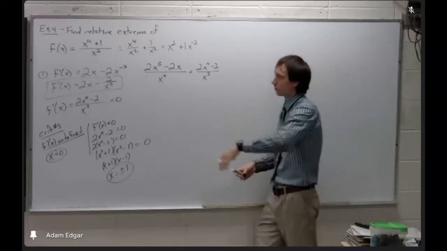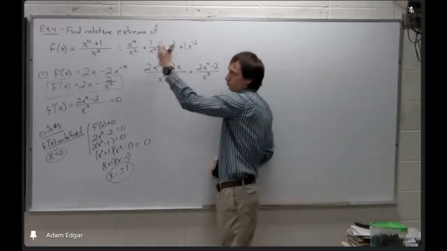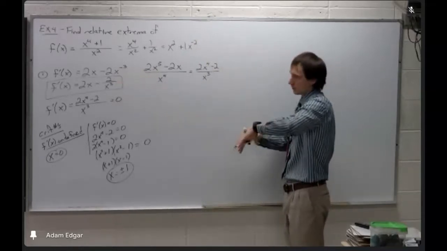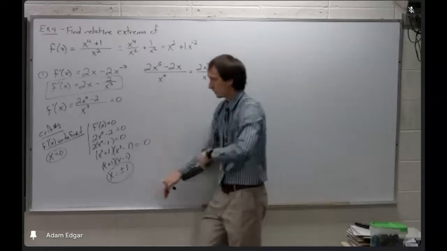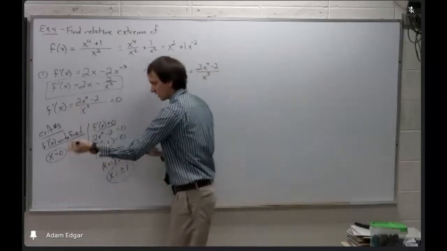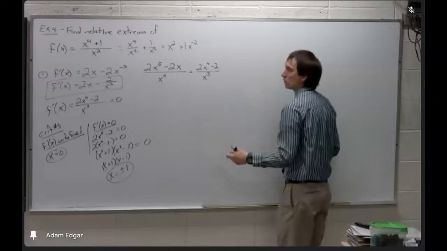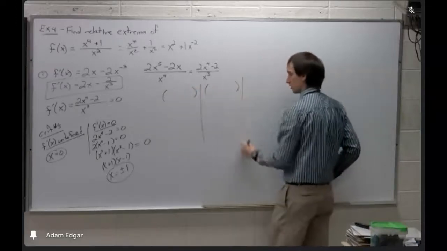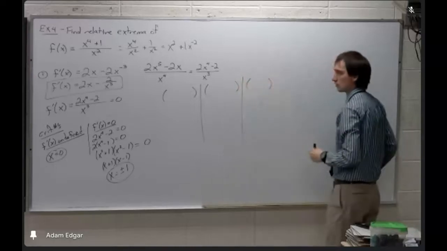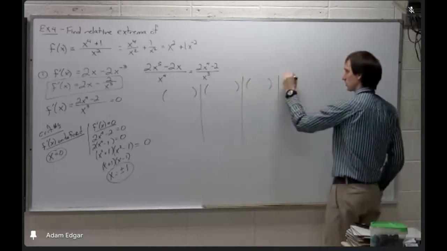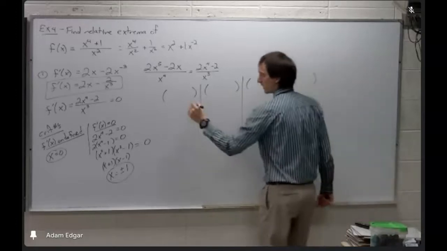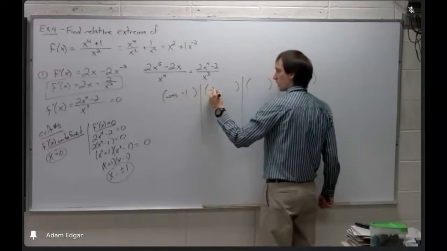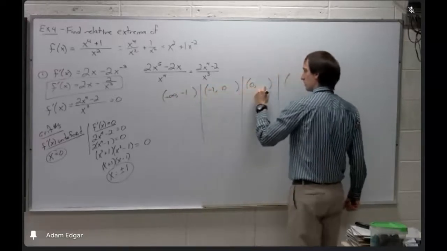So you get your derivative, either with quotient rule or breaking it apart and differentiating separate terms. Set your derivative equal to 0 and solve. You see when is the derivative undefined, and you have your critical numbers. And now you can set up intervals. Where does our first interval begin? And it goes until, and then from -1 until, and then from 0 until, and then from 1 until,